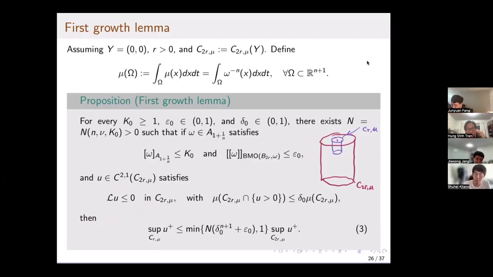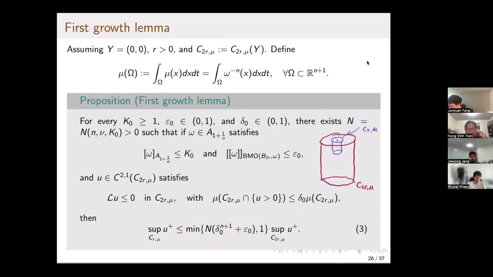So this property, this first growth lemma, basically is a quantification. This guy has to be smaller than this one, right? How much smaller compared to the maximum? Okay, this is independent of the solution. So it says if omega epsilon is very small and this delta naught is very small, that means